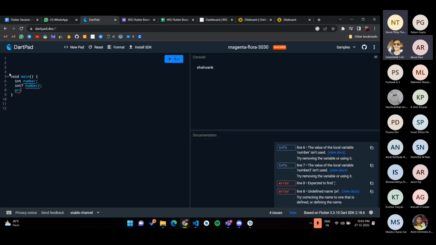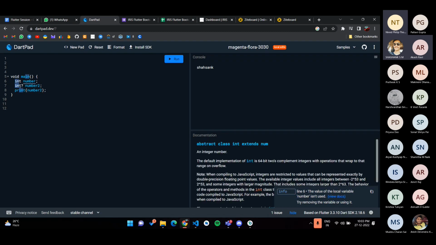In the second case, when I write int question mark, it means the value of number2 is automatically null, because the question mark suggests that that particular variable can be either an integer or a null value. So when I print number2, I'll get